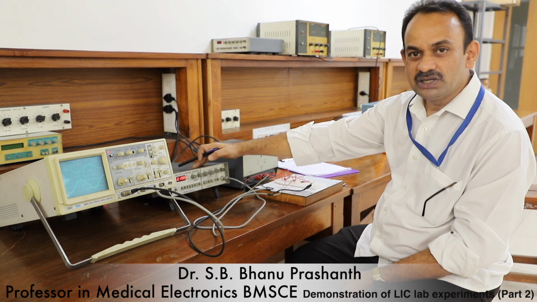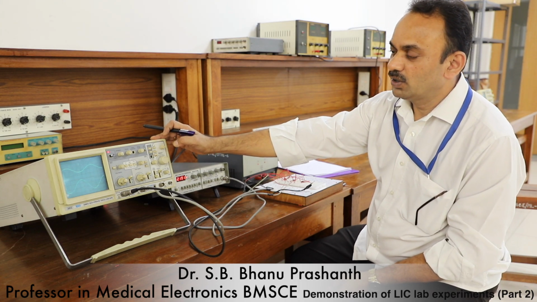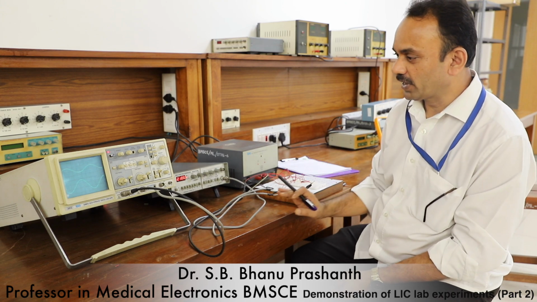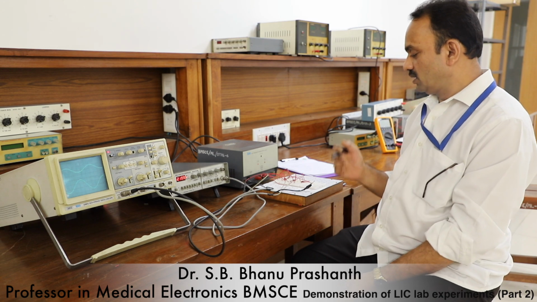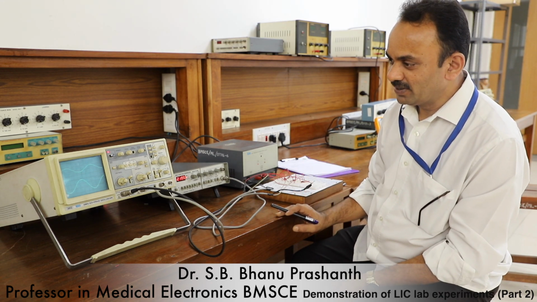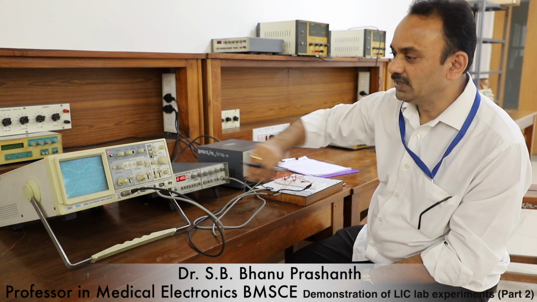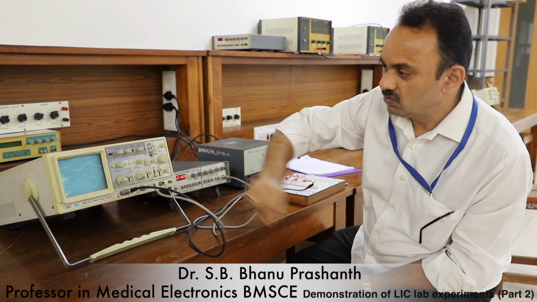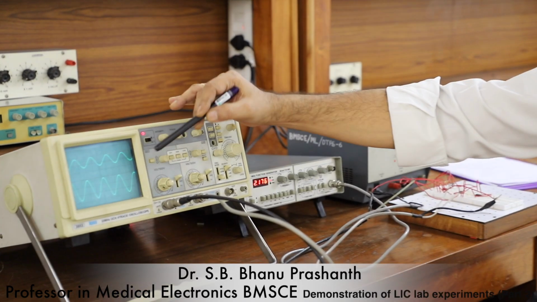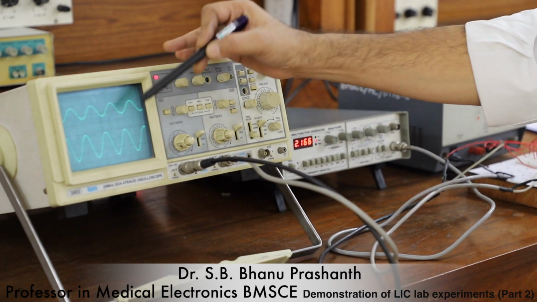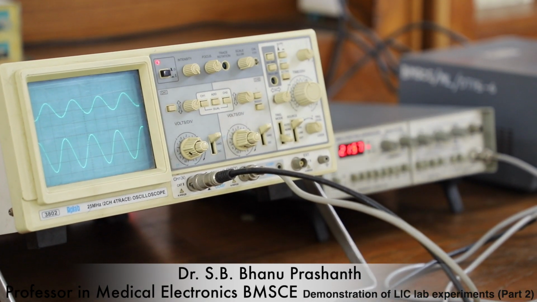Then I have used a function generator here using which I can apply an AC input, and I have a CRO to which I have connected both the input and the output of this particular circuit just to demonstrate the phase shift as well as the amplification that it is showing. Because this is a very simple experiment, it will hardly take any time for me to explain, and I think I have applied an input of around 2.17 kilohertz of frequency. As you can see now, you have an input signal on channel 1 of the CRO and output on channel 2 of the CRO. So output is 10 times your input signal because I have designed an amplifier with a gain of 10.